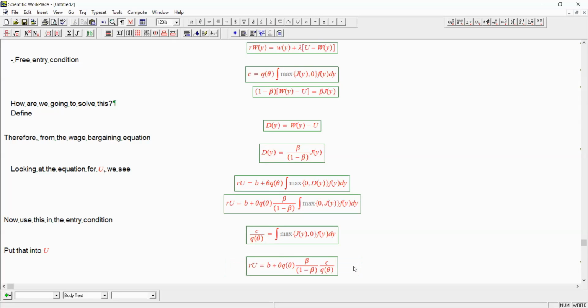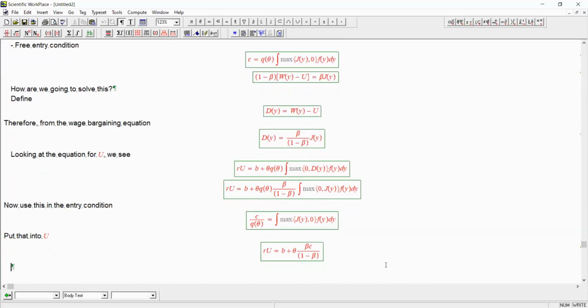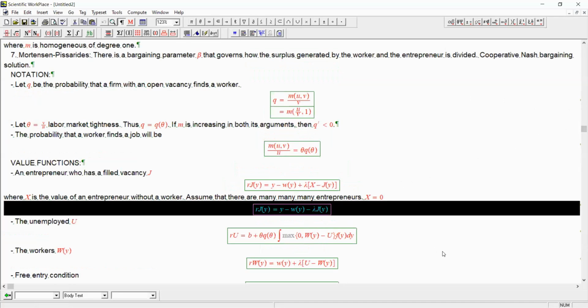Wow. And one of our functions has been eliminated from this equation altogether. And finally, notice this Q cancels with this one. So what we have here is pretty simple by comparison. Next, notice that J of y and big W of y can be rearranged. That's pretty straightforward. If you take J of y,